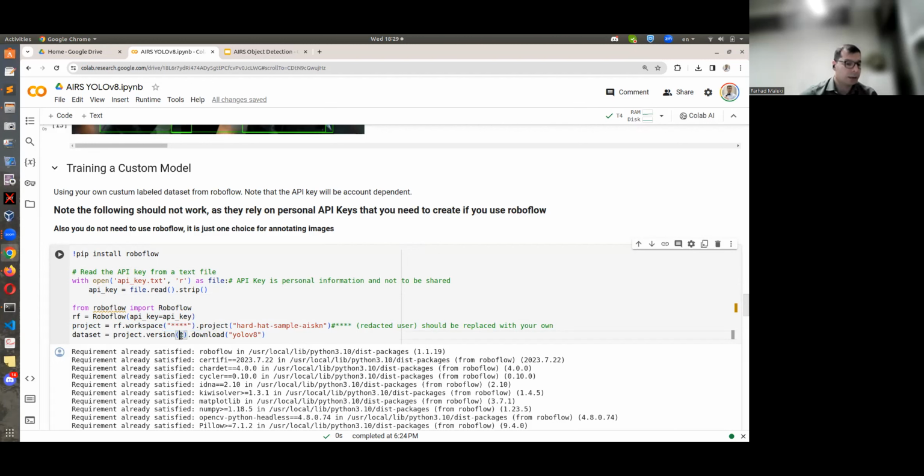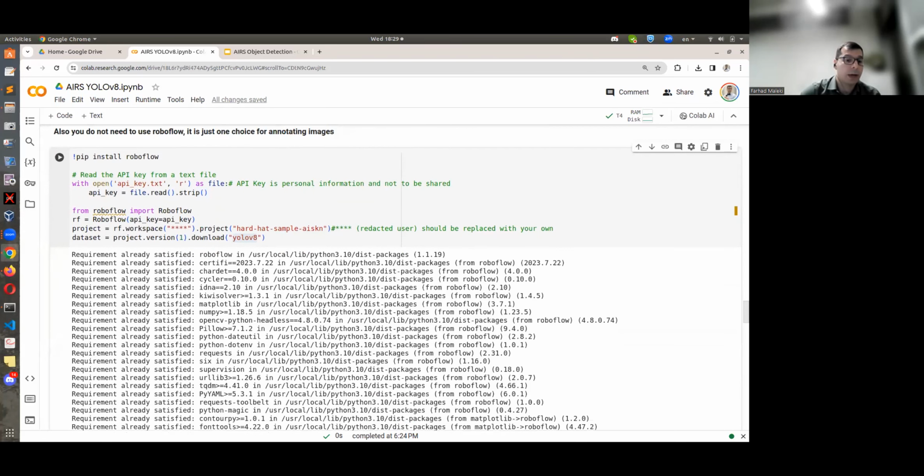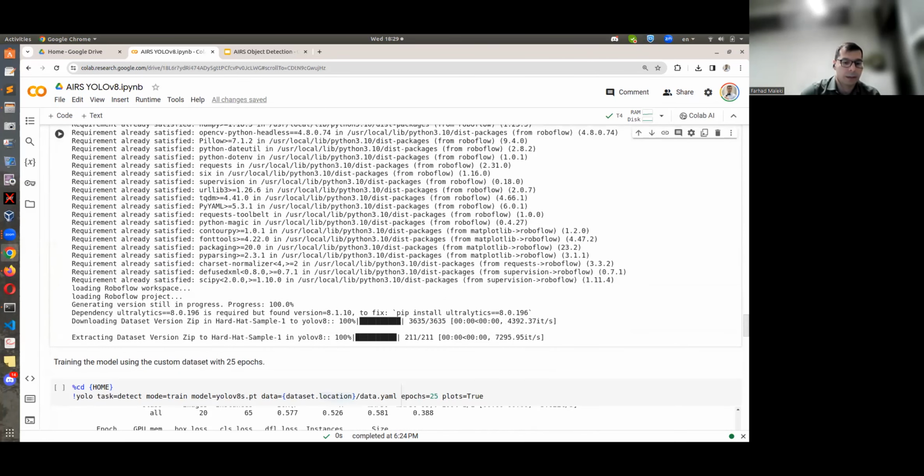If you have just a single version of it, you can download that version in the formats that you want, and they support YOLOv8 as a format as well. Remember, YOLO is constantly changing, so sometimes you might need a little bit of cleaning and reformatting to make sure that your annotation format is consistent.